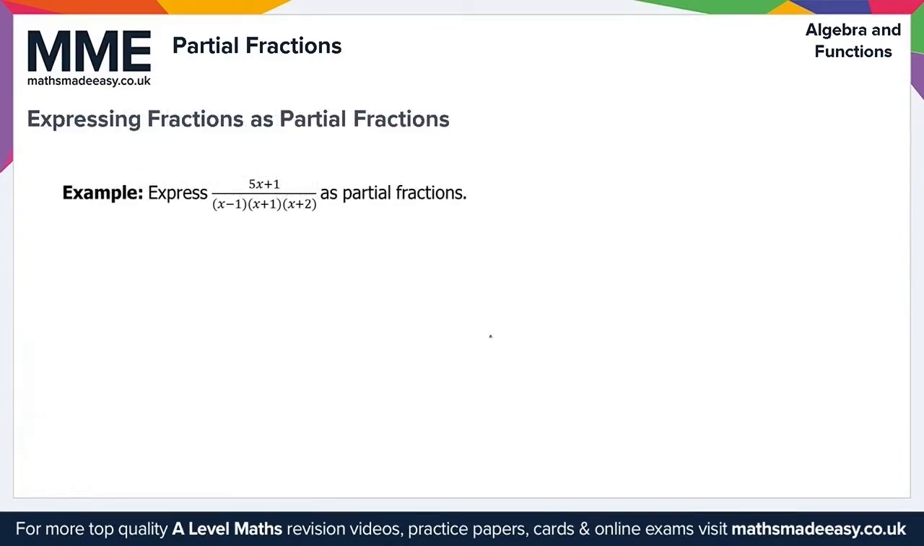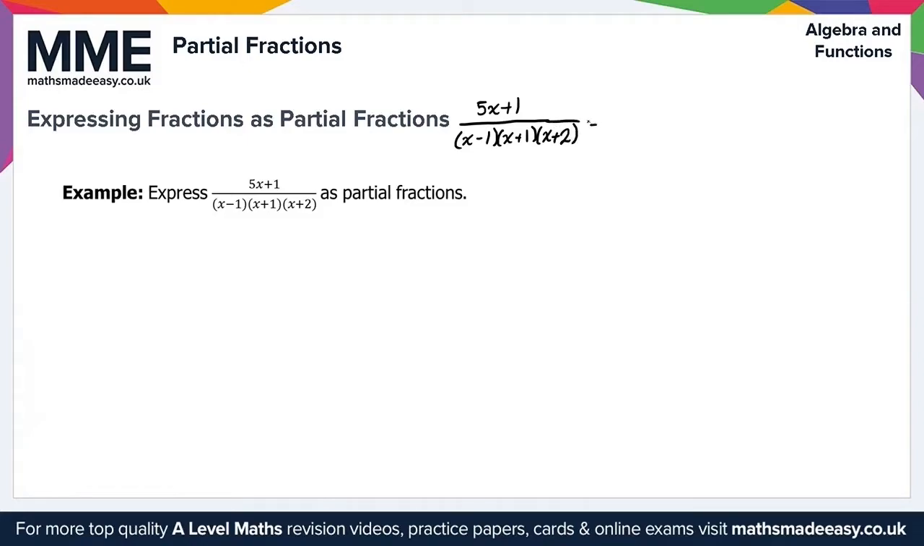Moving on now to express this fraction here with three linear terms in the denominator as partial fractions. To start with, what we'll do here is make sure we can identify the correct form. As this has three linear factors in the denominator, we can write 5x plus 1 over x minus 1 times by x plus 1 times by x plus 2